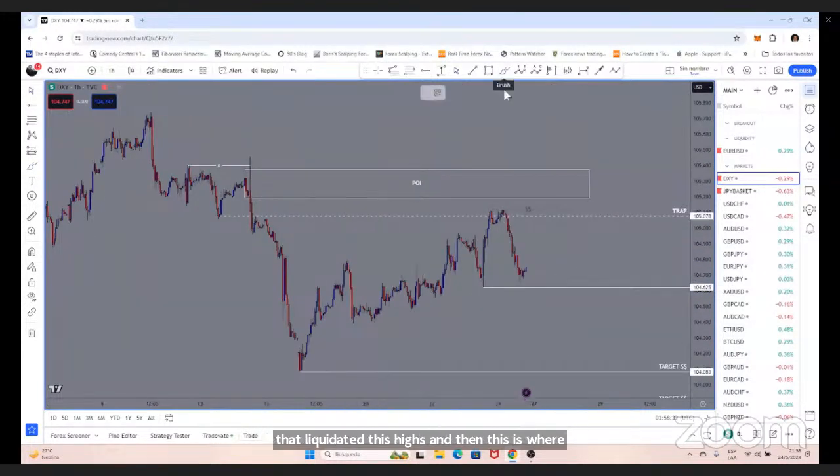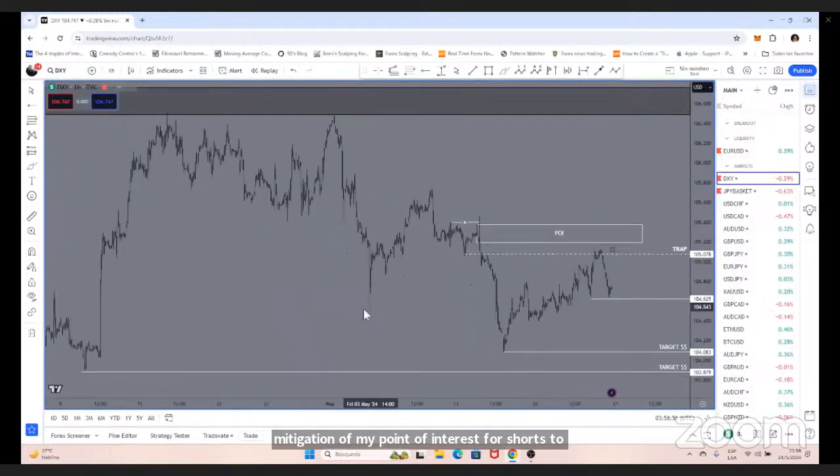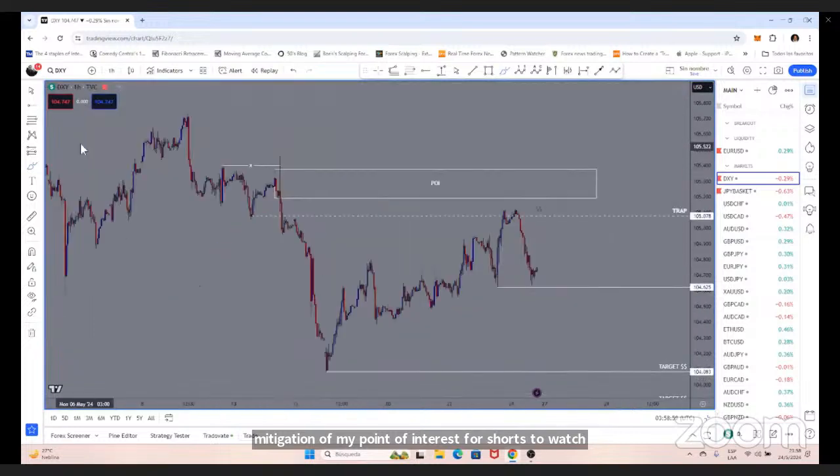Now, what I'm looking at for next week is this, right? Sellers trapped at the trap. And on the long term or high time frames, I'm looking for shorts, right? I'm looking for the liquidation of these equal highs, a mitigation of my point of interest for shorts towards this first liquidity target and eventually the second one, right? So from my point of interest towards this target, I would say we're looking at about a